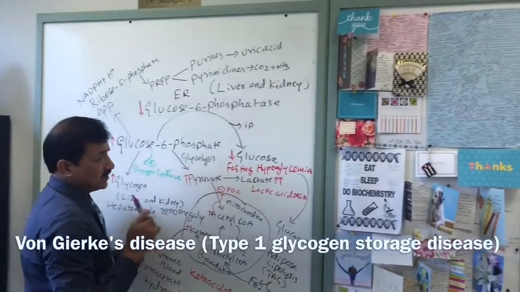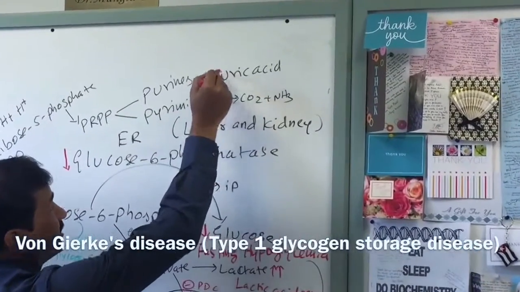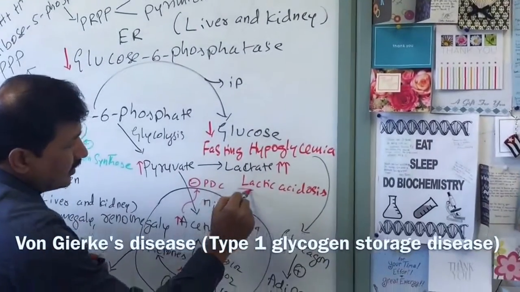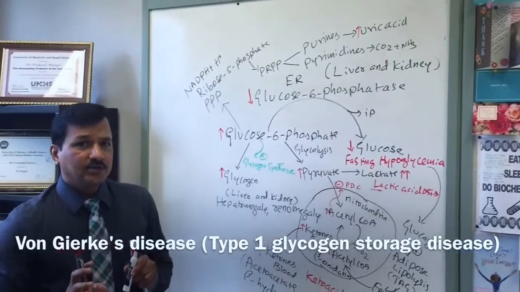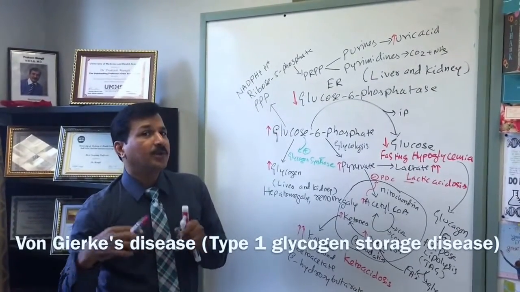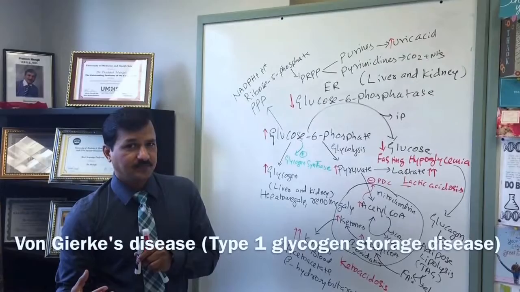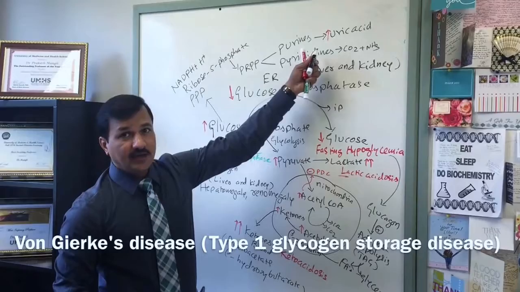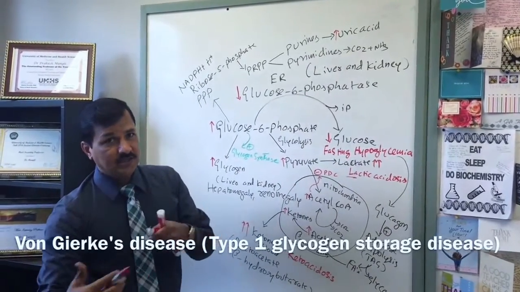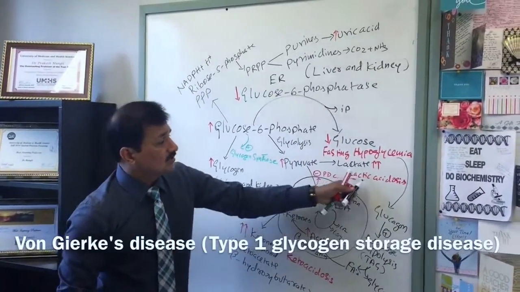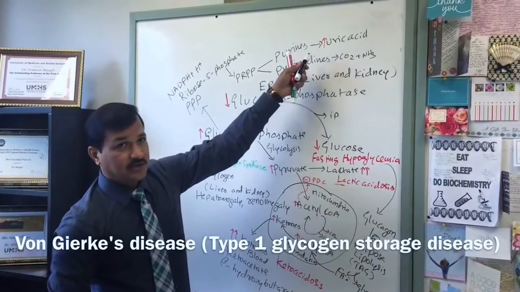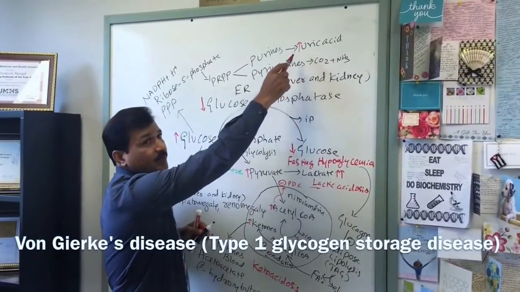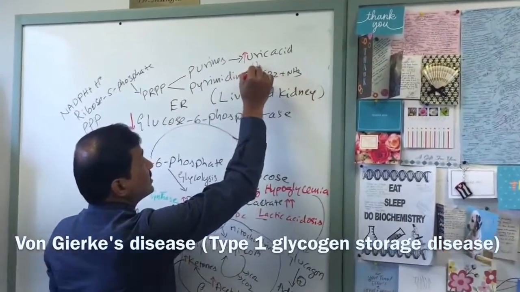Why does uric acid build up? There is a reason for this. One is excess uric acid formation. The other is that there is a lactic acidosis here. Always note that in the renal tubular cells, lactic acid will compete with uric acid for the secretory mechanism. So when there is more lactic acid, less uric acid gets a chance to get into the urine to be excreted. Because of the lactic acidosis, uric acid is not getting a chance in the competitive secretory mechanism, so uric acid tends to build up, and this can lead to hyperuricemia.